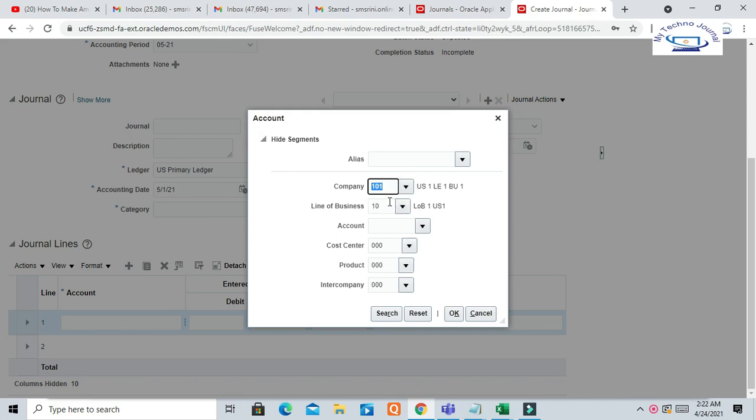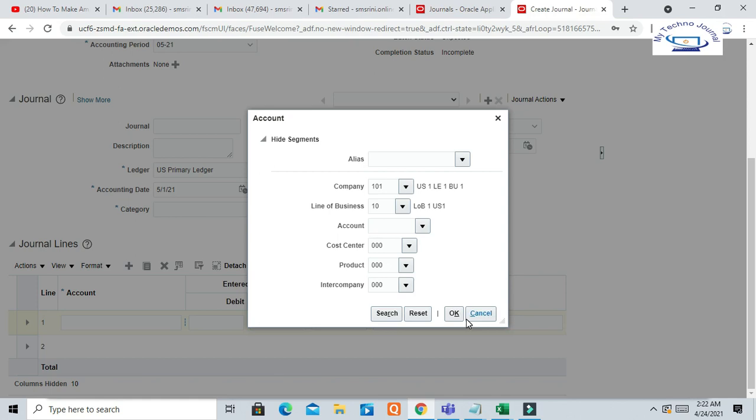So now you can see earlier you used to see all the cost center values and product line values. But as we have created the relationship, we should be able to see only the related values for cost center. Okay, so you can see here 110, 120. For product line, you are able to see only the two values for which you have defined a relationship.